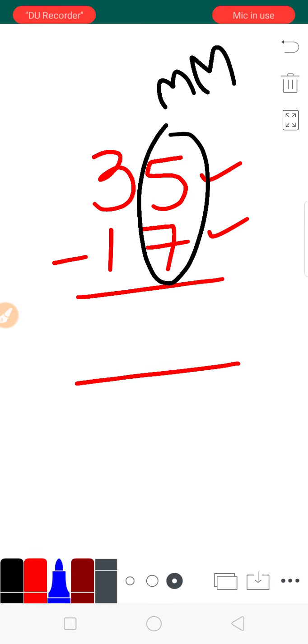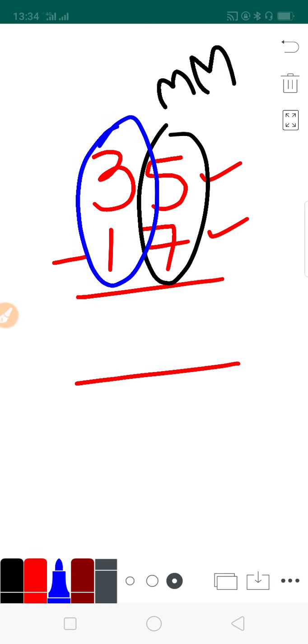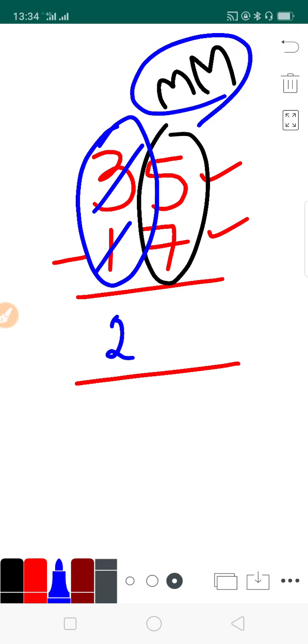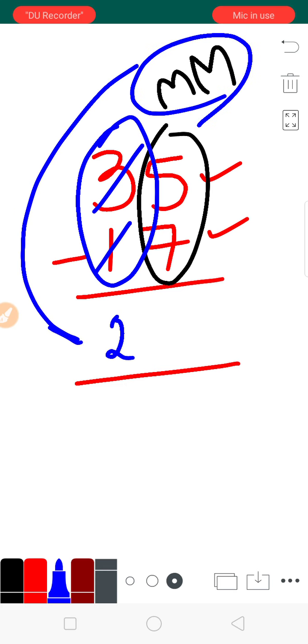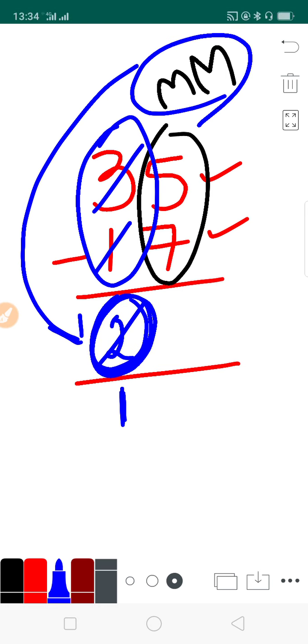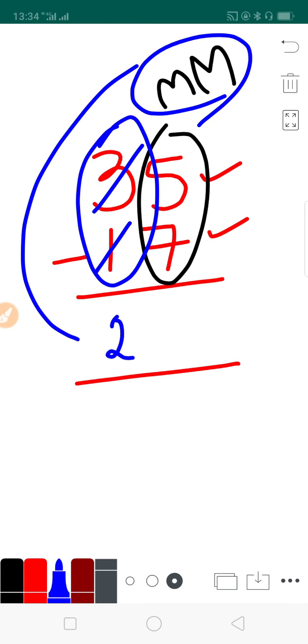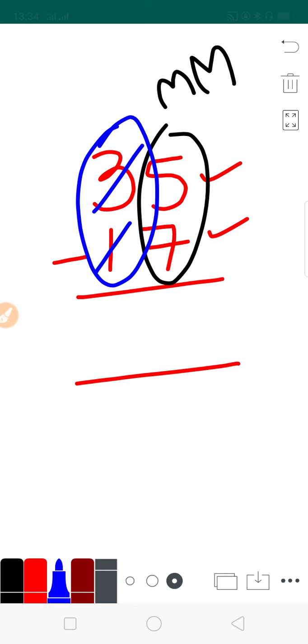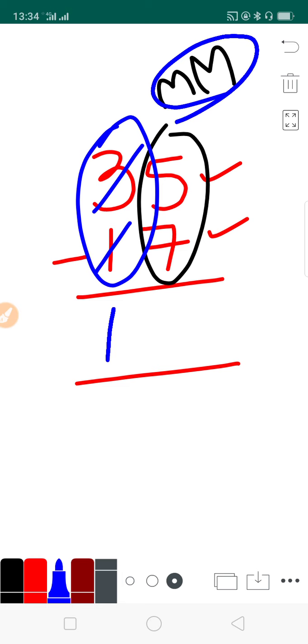In such cases, while subtracting this position, 3 minus 1 is equal to 2, but because this is a mismatch combination, you should not write this 2 as 2; rather it has to be written as 1. 1 has to be subtracted from this answer. Whatever you are getting here, you have to reduce it by 1 and then write it. So I am not writing 2 there, I am writing 1 here. Why? Because this is a mismatch combination.